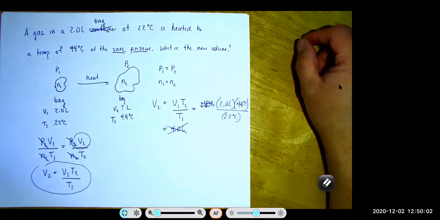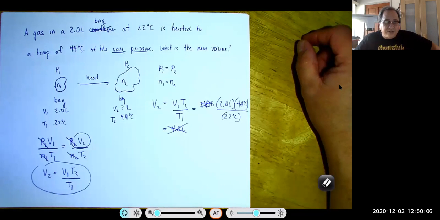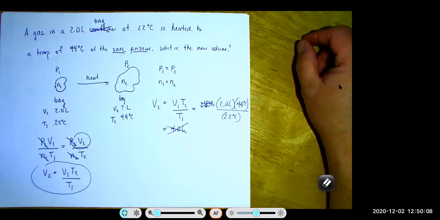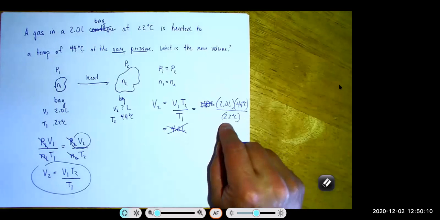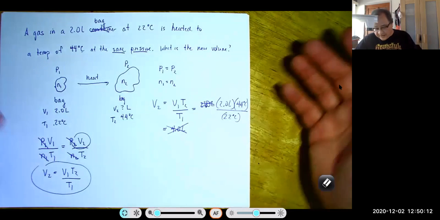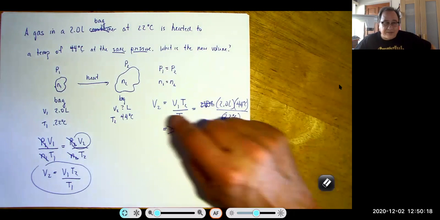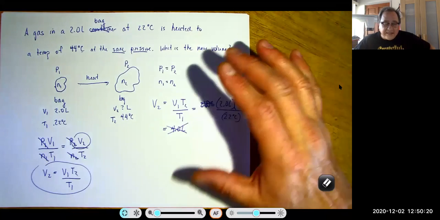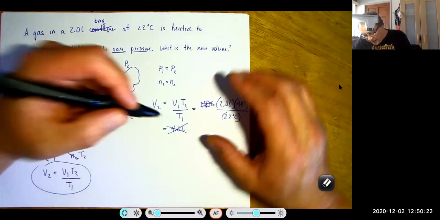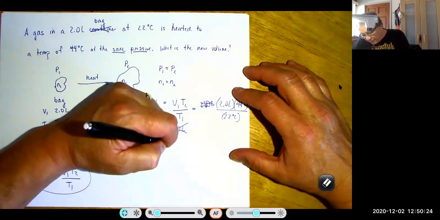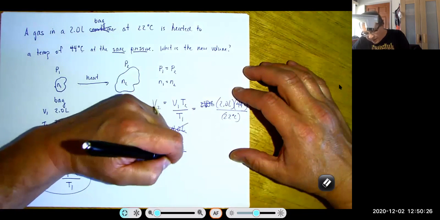Because you didn't convert the temperatures to Kelvin. Correct. You cannot do this problem in degrees Celsius. Remember, there is such a thing as 0 degrees Celsius, and there's negative degrees Celsius, right? So imagine if you had a negative degrees Celsius, you end up with a negative volume. You need Kelvin. So what we're going to do now is we're going to write this V1 T2 over T1,